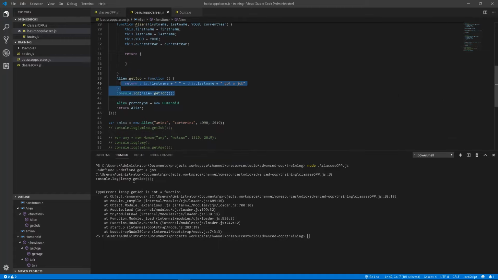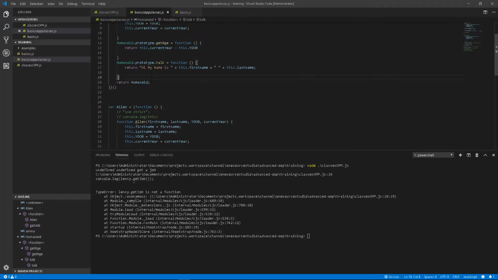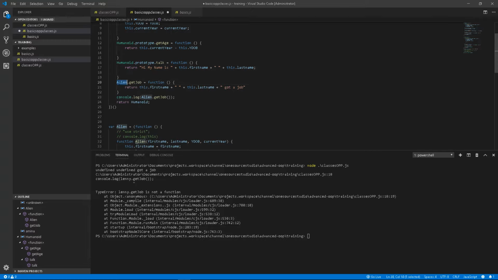So we can take this code here and put it here. Okay,